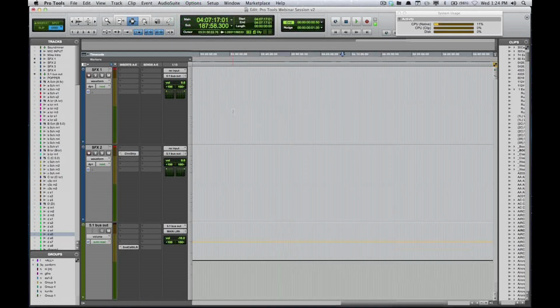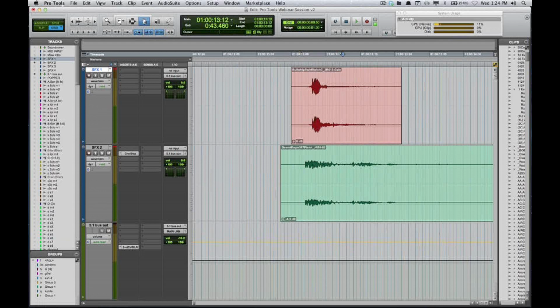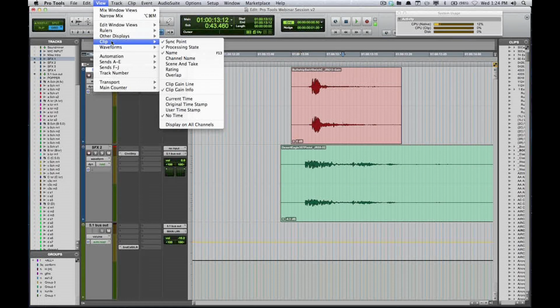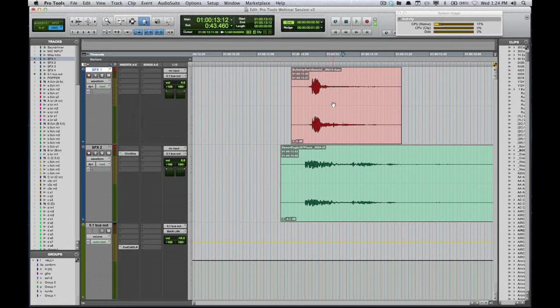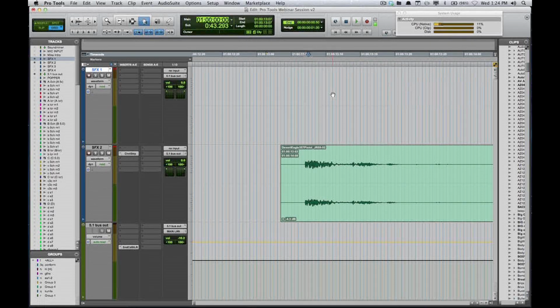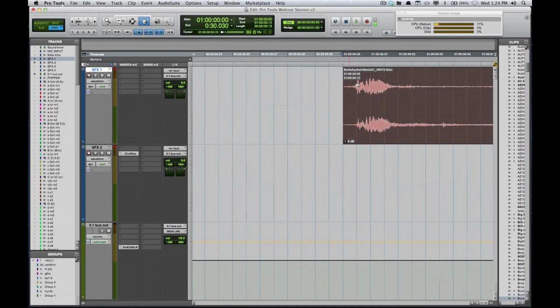Okay. One of the other features I want to talk about is, let's go to the beginning of the session. If we look at these regions right here, not a huge deal, but if you go to View, then Clip, I love they got clip here and clip there. Clip, you can turn on some new features for doing timestamping on your regions. For example, this is the current time. So let's say I need this clip right at hour 1, so I'll cut that, move it to hour 1, paste it. It'll say hour 1 and it ends at hour 1, 13 frames.